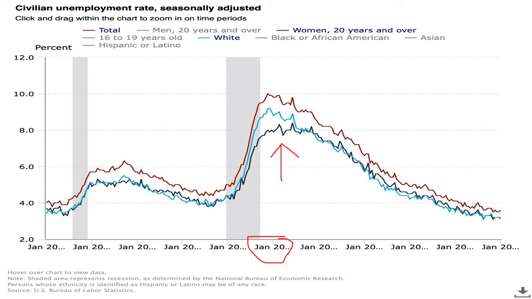I was able to dig up a graph that represented unemployment rate from 2009 to 2019. The black line represents women 20 years and over. At the time, I wasn't even 20 years old. However, I am a woman, so I clicked on that to represent me. I also looked at white individuals, which is represented by the light blue line, and total unemployment rate overall, which is the red line. The year that I went looking for a job was in 2014, and I have circled